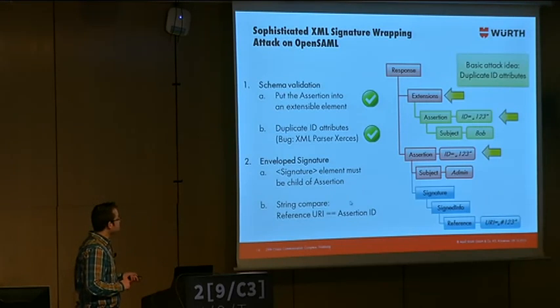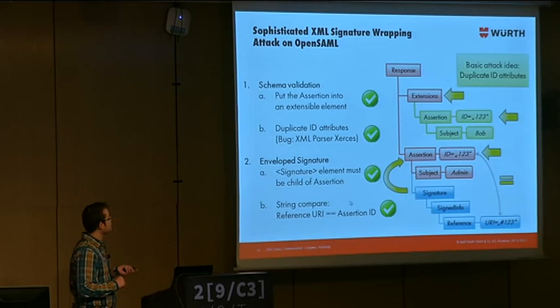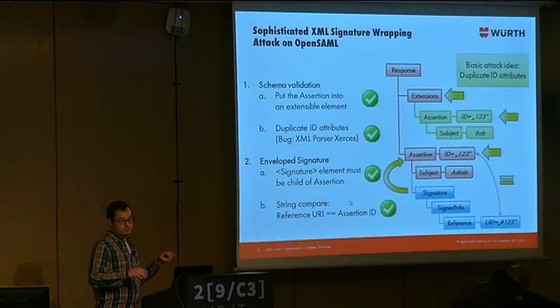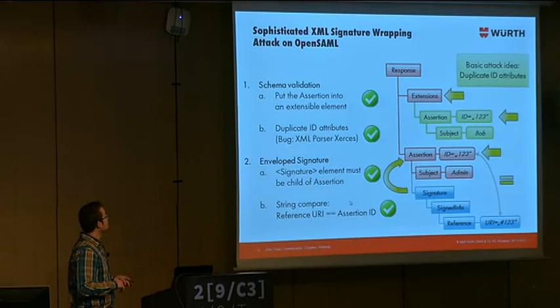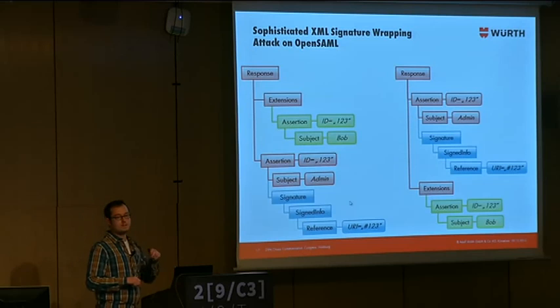Okay, let's come to the envelope signature. As you can see, the signature is directly in the assertion's element, so this check is okay. And also, OpenSAML checked by string comparison if the URI attribute here is the same as the ID attribute in the assertion, and this is also true by string comparison. So we run through all countermeasures OpenSAML implemented, and now the big question is which assertion gets validated by the